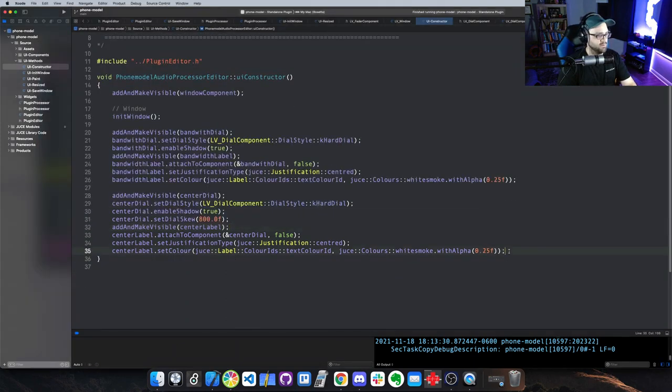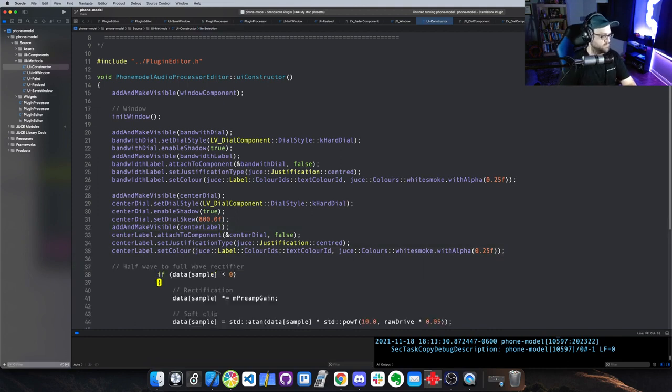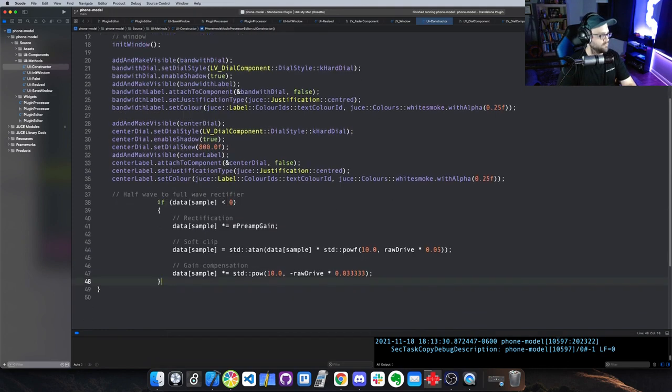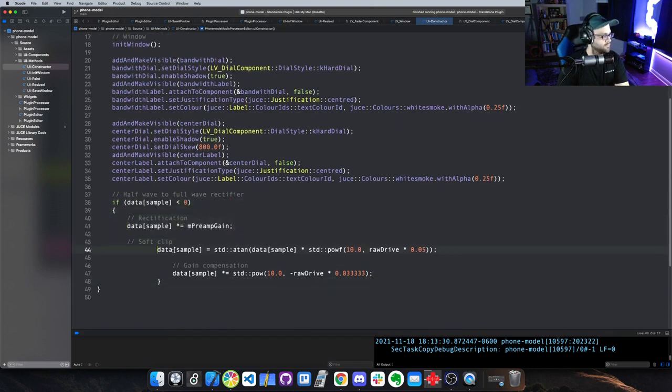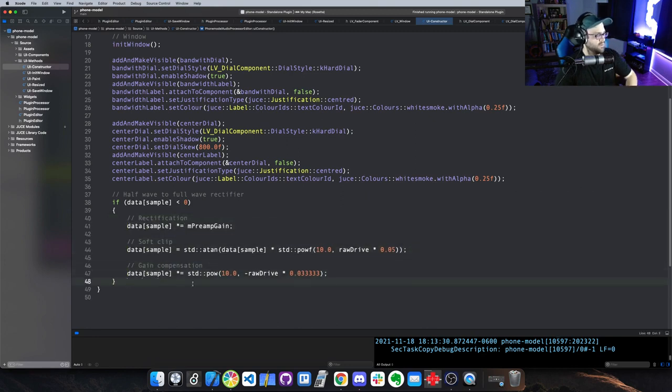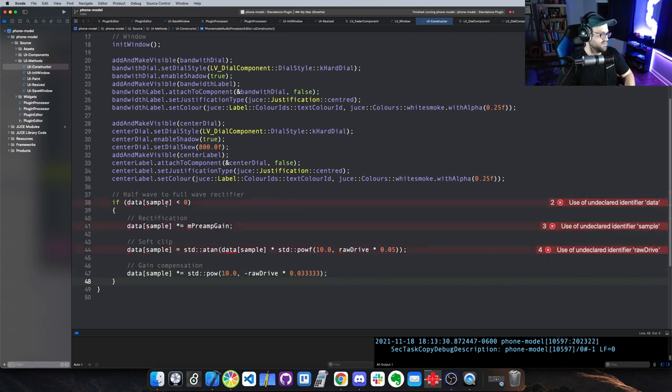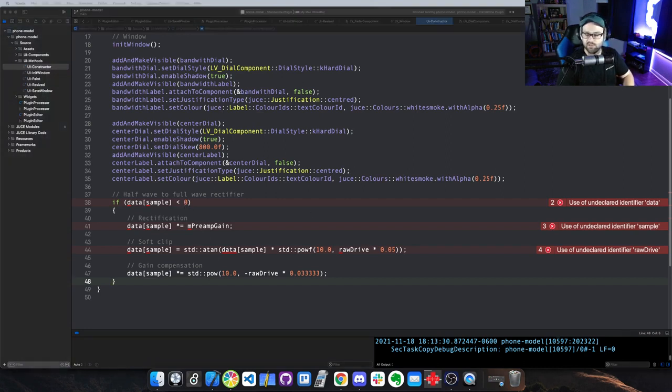I've got this. If the sample is less than 0, I'm multiplying it by this M preamp gain, which in context is,